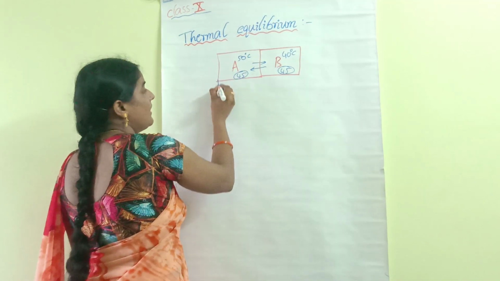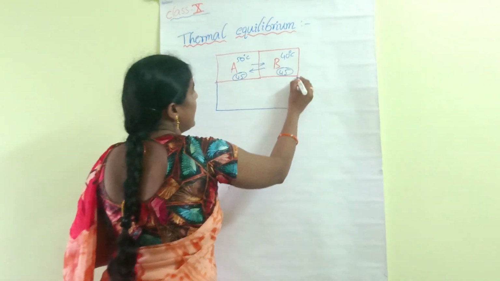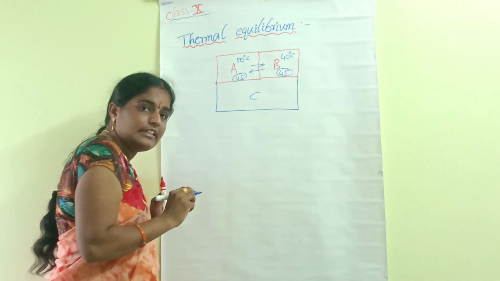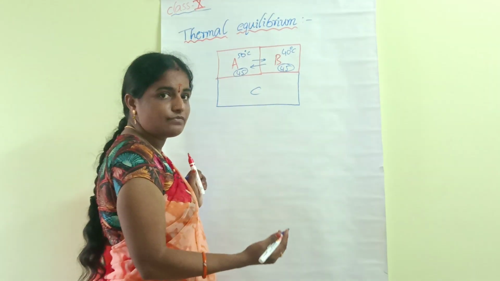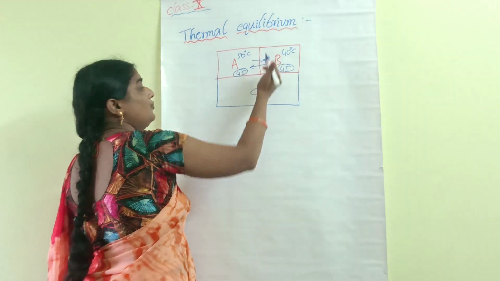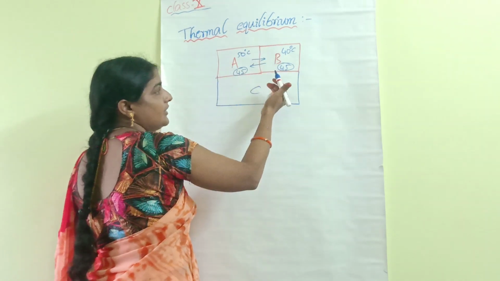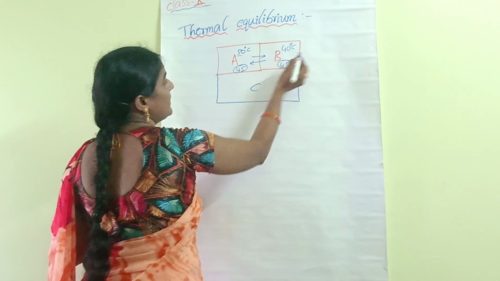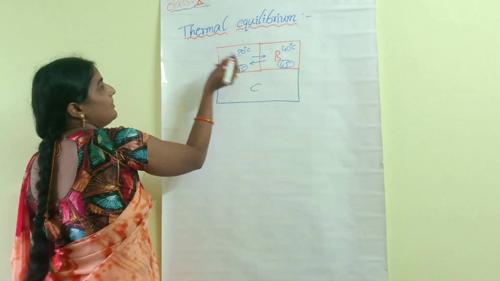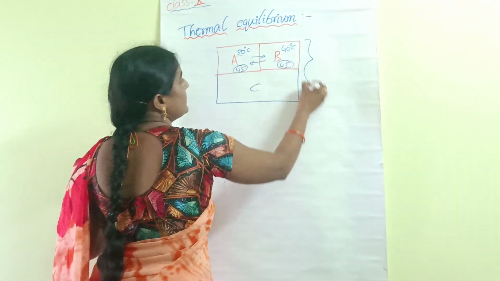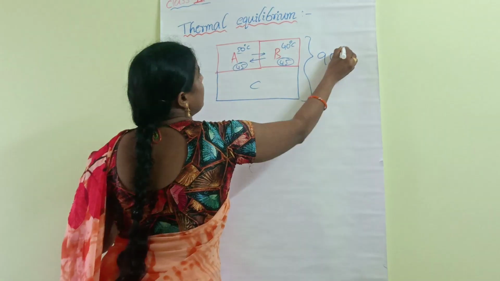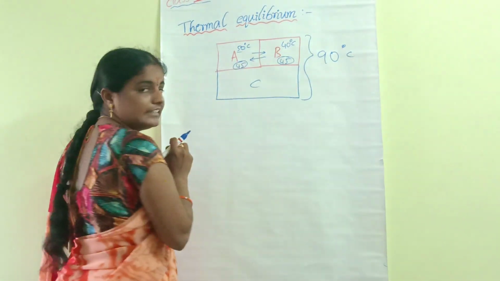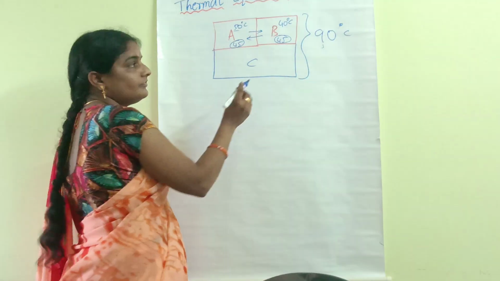Now I bring one more substance, named C, in contact with these. Then what will happen? Again the transfer of heat energy takes place from these both to this one. These both are sharing with this again. What is the total temperature we have here? 50 plus 40, so the total temperature of the system is 90 degrees Celsius. Means each system must contain 30, 30, 30. So that, okay,